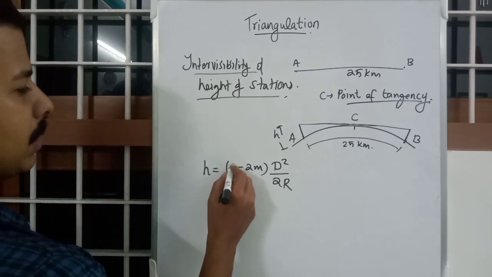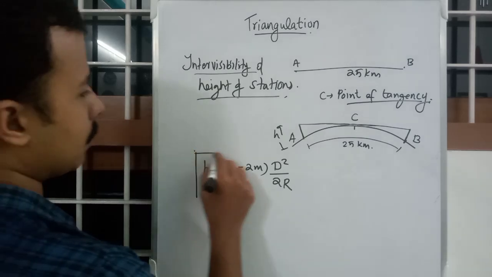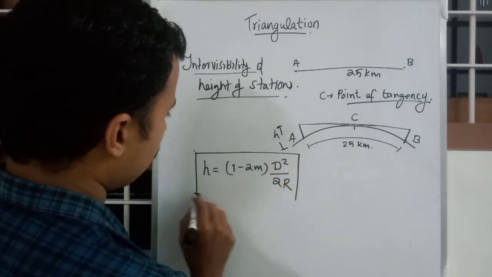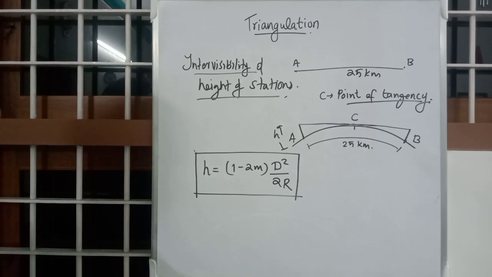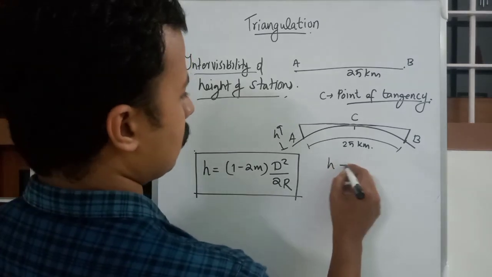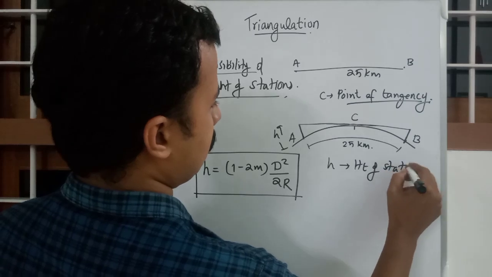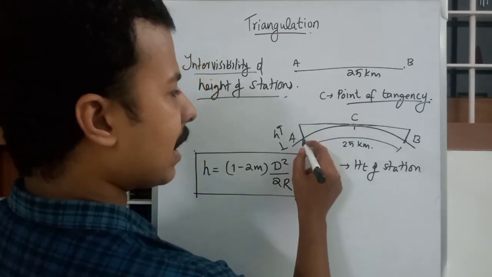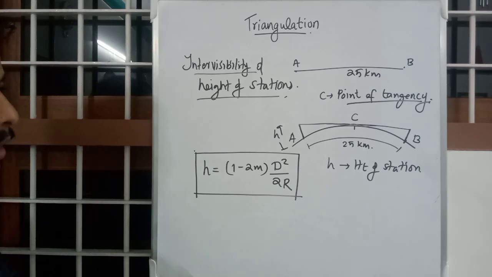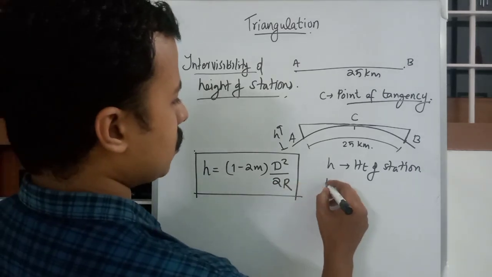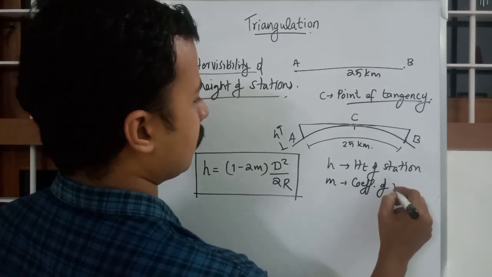H is equal to 1 minus 2m d square by 2r. Very important equation. Where H is the height of station. It can be either A or B. And M is the coefficient of